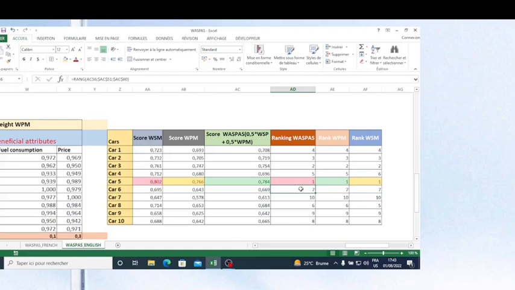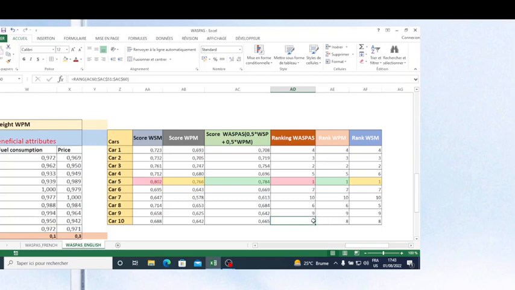Car 6 was classified 7 by our methods, and car 7 was classified 10 by our method. Car 8 was classified 6 by WASPAS and weighted product model, but not by weighted sum model. And car 9 was classified 9 by our methods, and car 10 was classified 8